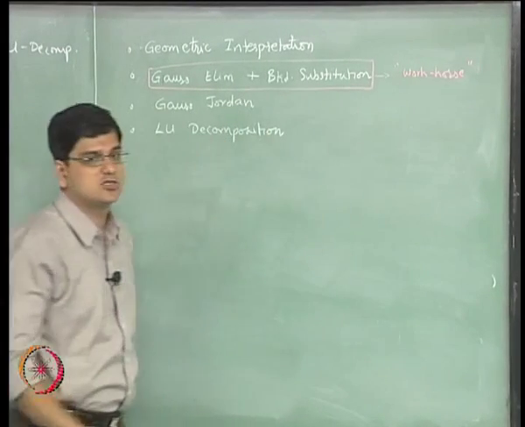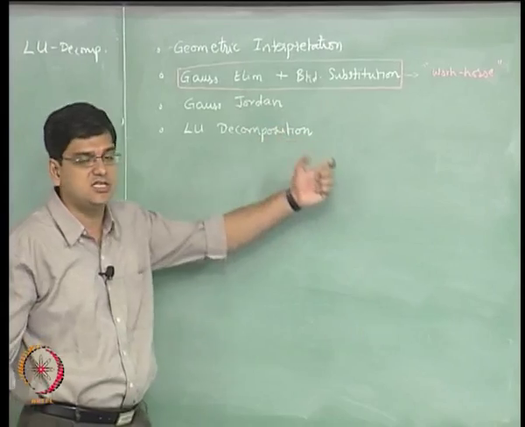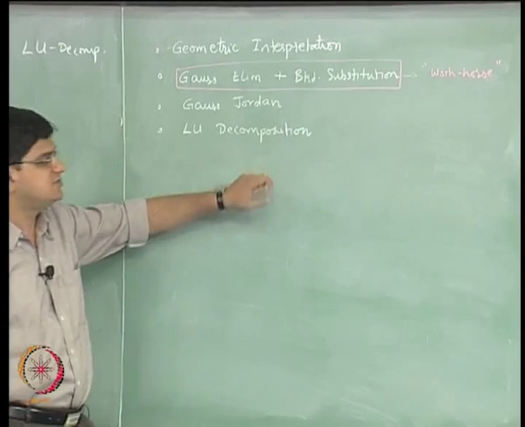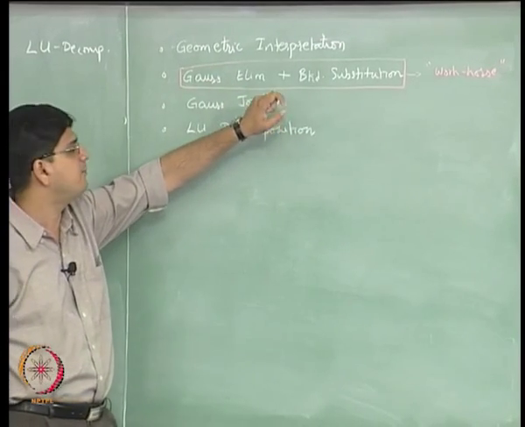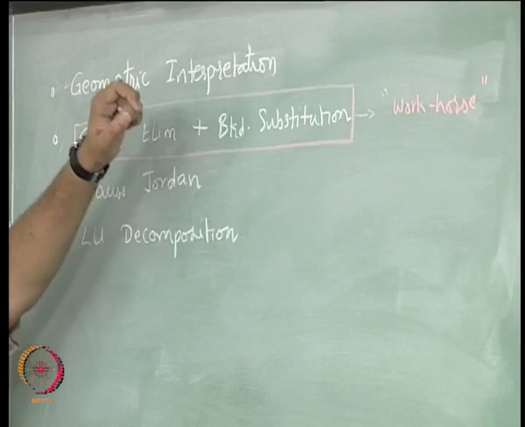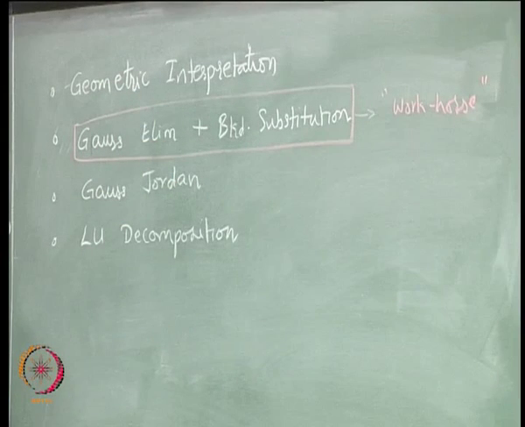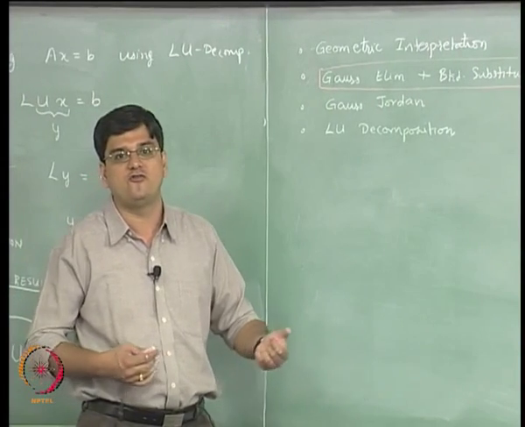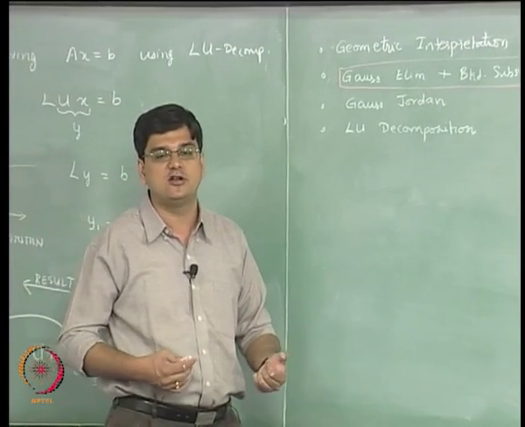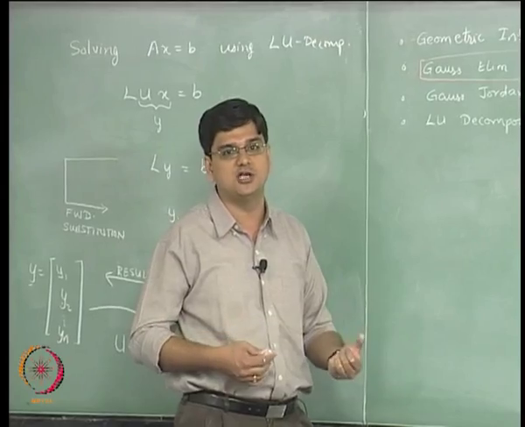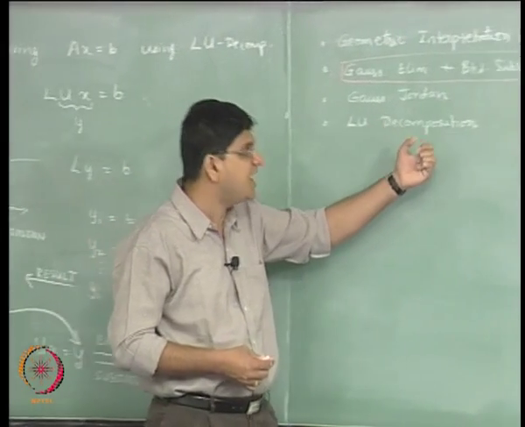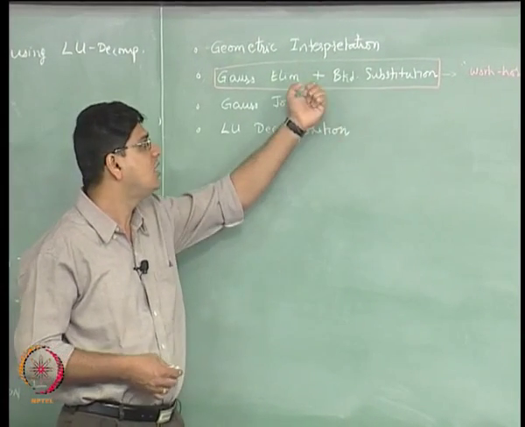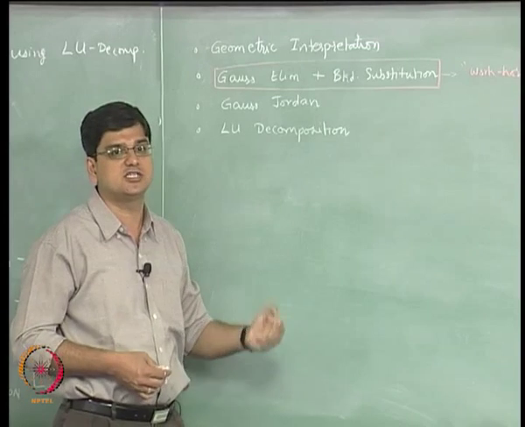This is the workhorse, or it is the most popular method. The reason why it's the most popular method is because, compared to the other methods, it has the lowest amount of computational effort required. So when n is going to be of an order of 1 million, a small factor also becomes a very large number, because as we will see in the next lecture, these methods scale as n